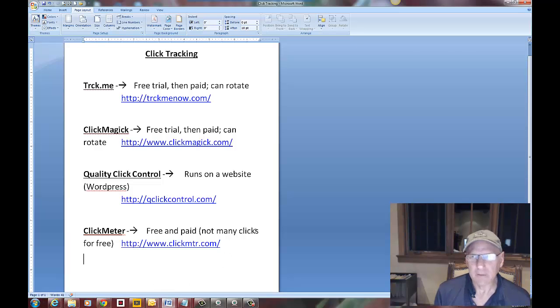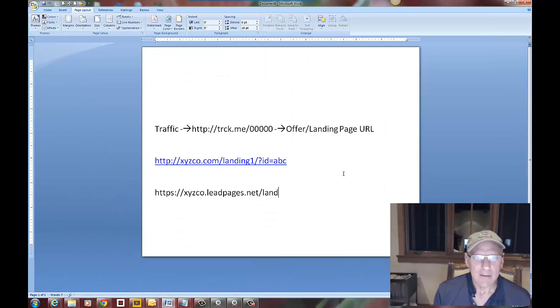Now, let me show you one quick thing here. This is essentially what this looks like, just in case you need to see visually what this looks like. So you've purchased traffic. Now, when you have a tracking service, you're essentially going to send the traffic to this tracking link, and the tracking link is going to look something like this. This is essentially what the TrackMe links look like, and there's a 5 or 6 digit number usually at the end. And then when you set up your TrackMe service, in this case, you're setting it up so that this link